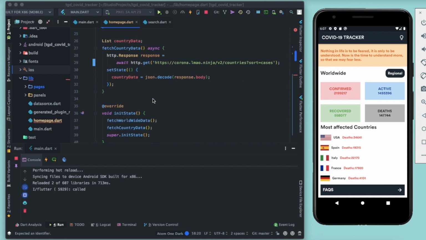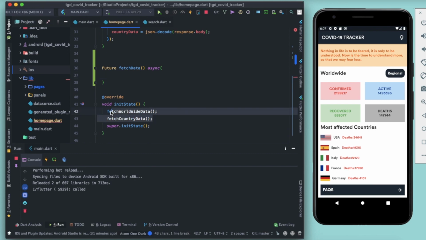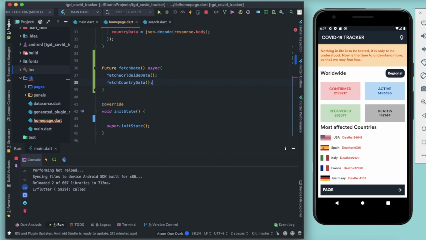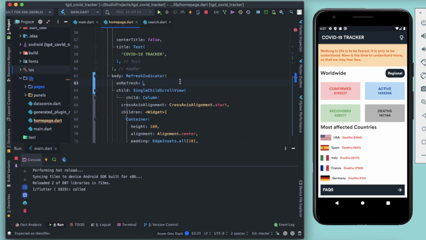So what I'm going to do is make a new method, and the return type will be future. Name it fetch data, and inside this function it will be async. Inside this function I'm going to copy these two calling lines, right? So I'm wrapping both calls in a single function so that I can add this function in this refresh indicator. So in this on refresh, which function do we need to call? The fetch data function. Don't worry about the parentheses here because this callback takes the name of the function only.